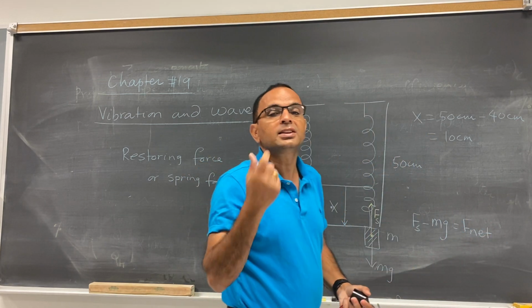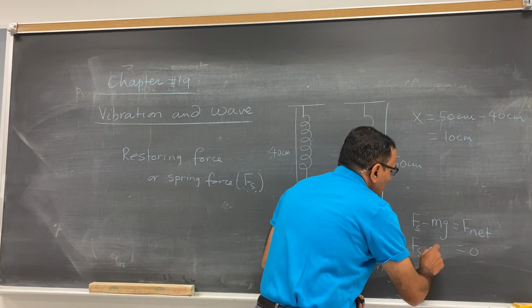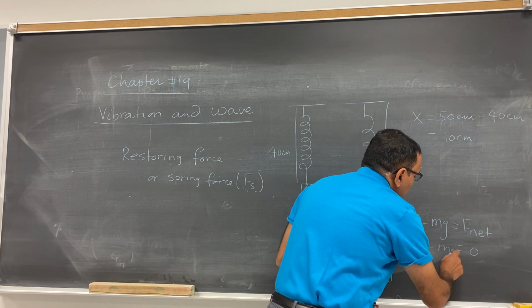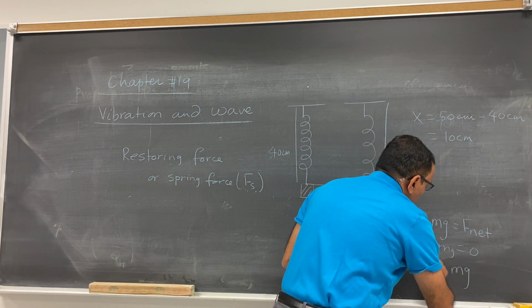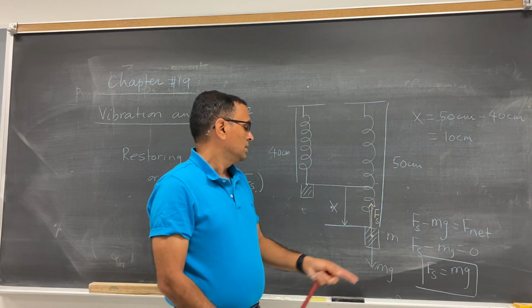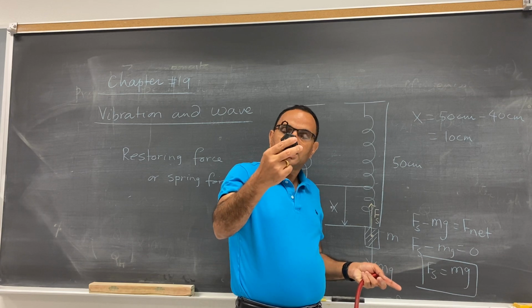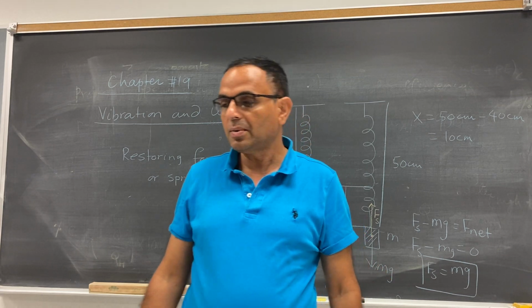But since the object is at rest, the net force is 0. So Fs minus mg is equal to 0. So simply you can write down Fs, spring force, is mg. So the spring force or restoring force is equal to the weight of the attached mass. So if the mass is in equilibrium,